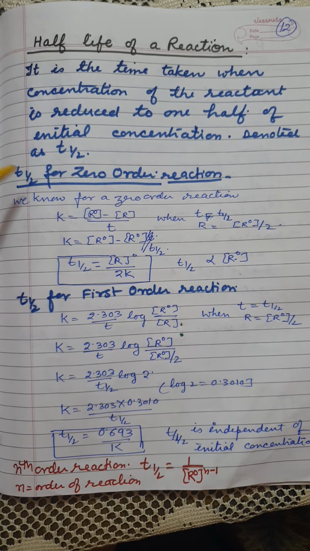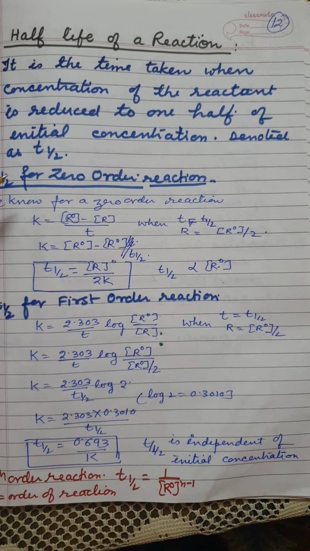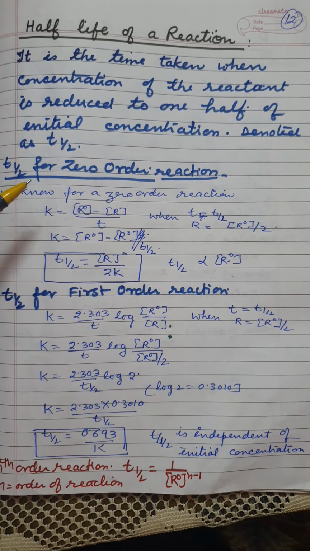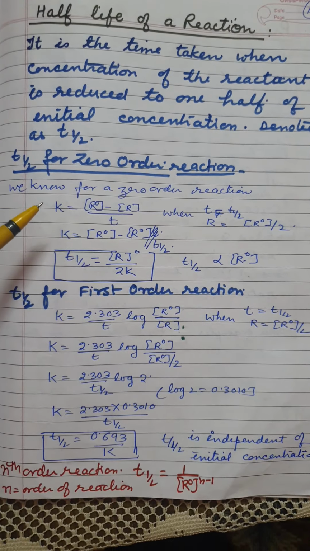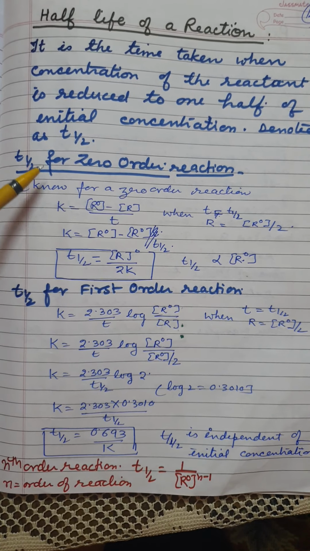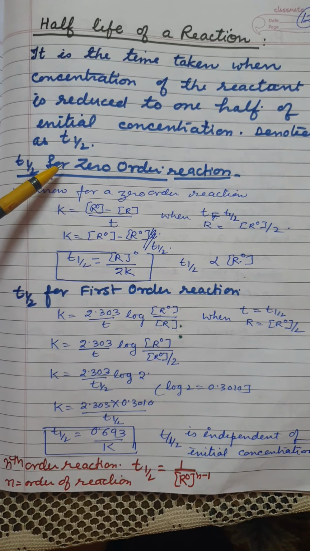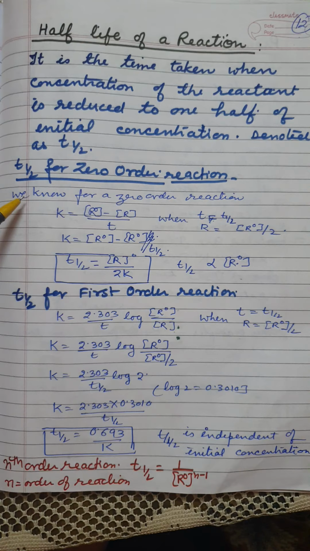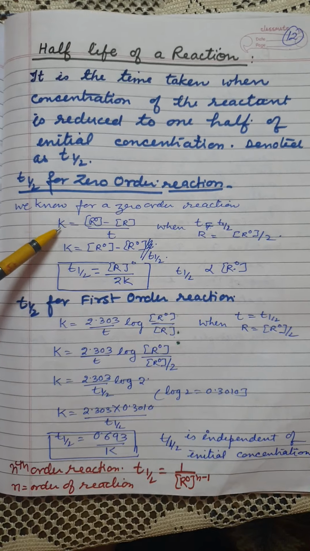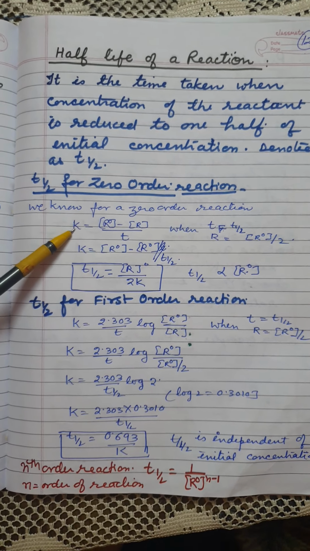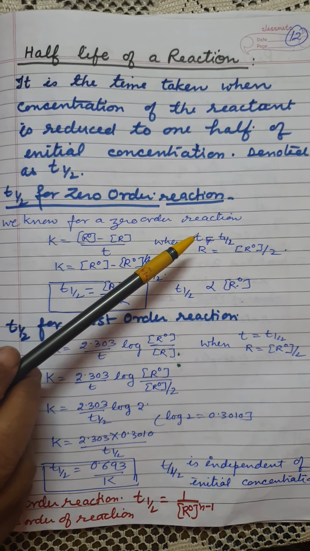As we know, different order reactions behave differently. So T half for different reactions has a different dependence on initial concentration. First, we will calculate the dependence of T half on initial concentration for a zero order reaction. Clear? Now for a zero order reaction we know the integrated rate equation comes to be K is equal to R0 minus R upon T,